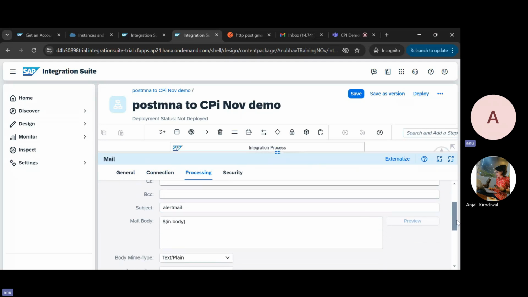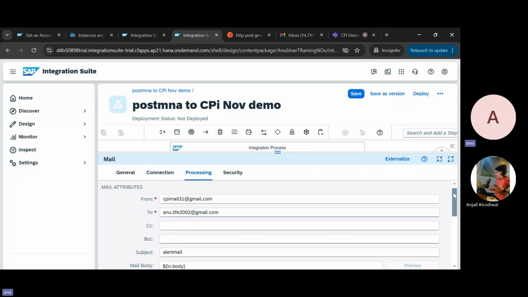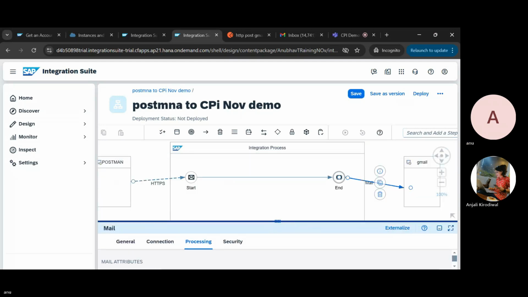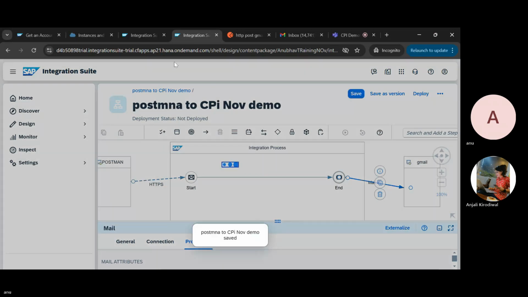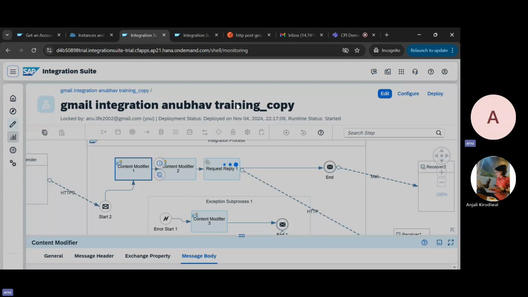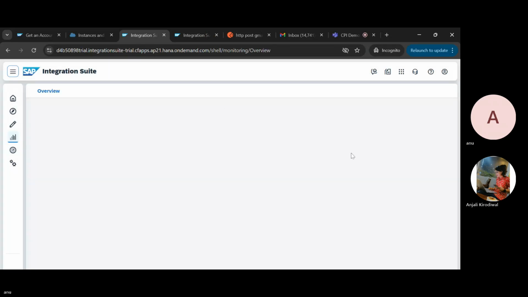And I am adding the body here. Body means nothing, it's a payload. Whatever is coming from your Postman, we are sending it to the Gmail. Before that, I wanted to show you, I have already added some of the certificates and the user ID passwords